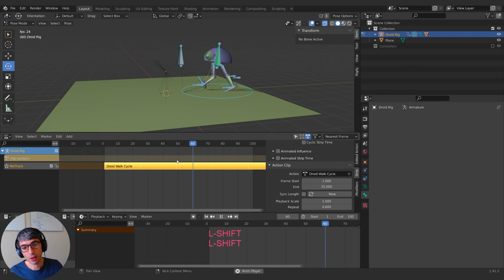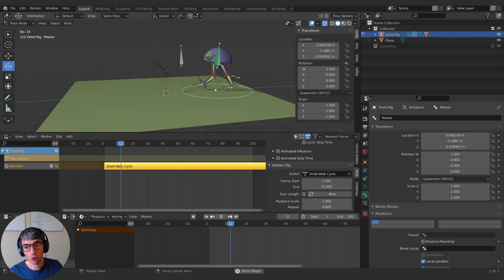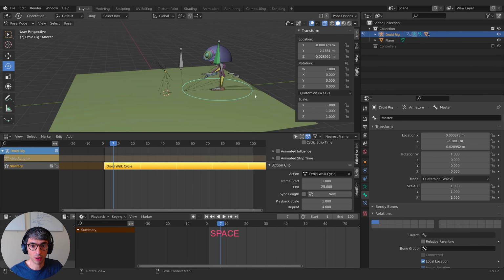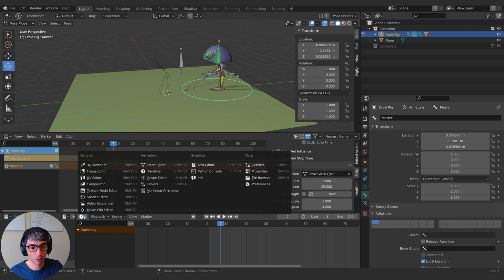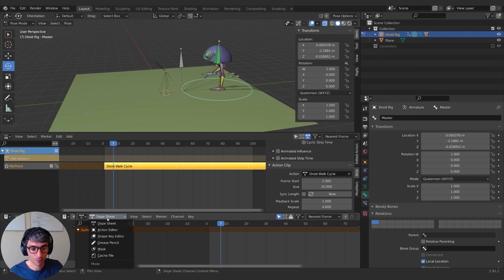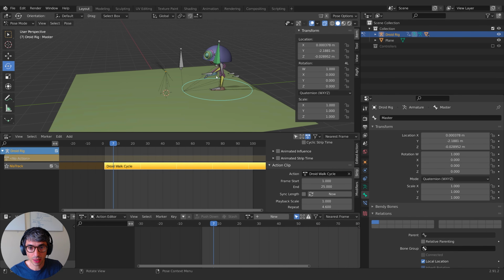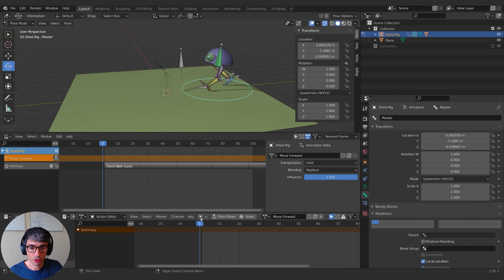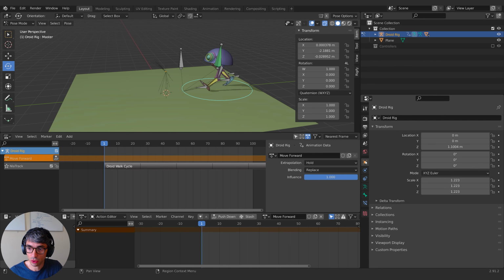What we can do with this now is animate the controller, right? The main controller that controls his total location. We can move him forward. So let's do that. I'm going to create this as another action. I'm going to open up my action editor down here, click new, and call this move forward. I'll just start at frame 0,